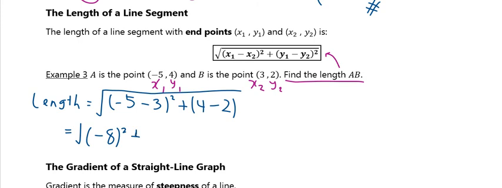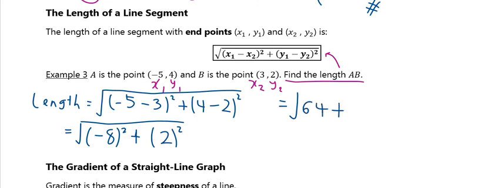And then you have, oh, I forgot to add the square. 4 minus 2 is 2 squared, right? So let me just have a look over here, right? And then everything is under the square root. So let's proceed to the next one, which is 2 squared is 4. And then in between you have plus 2 squared is 4. So you have under the square root 4 plus 4, which is